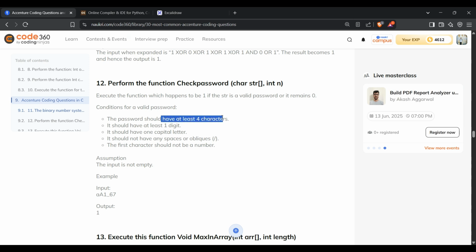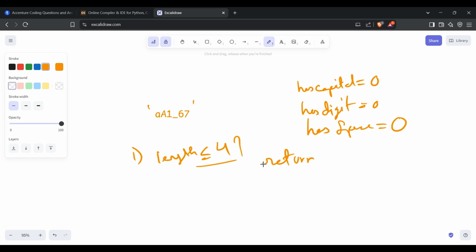Now, is the starting character, that means str of 0, a digit or not? If it is a digit, return 0,